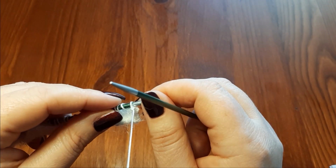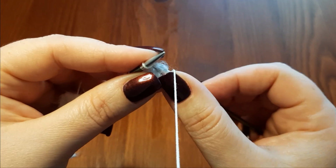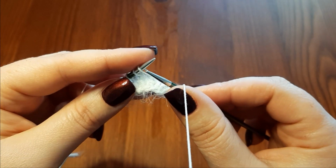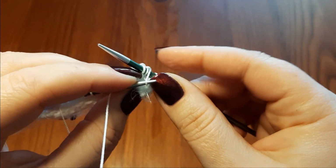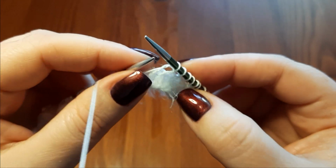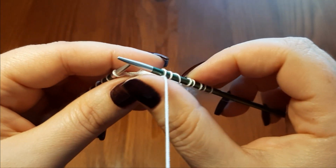Now we start with row 4. On row 4 we knit 2 stitches, and from now on this will be our repetition. Yarn over, knit 3 stitches, then pass the first stitch over the second and the third stitch. Again, yarn over, knit 3, pass the first knit stitch over the second and the third, and again yarn over,